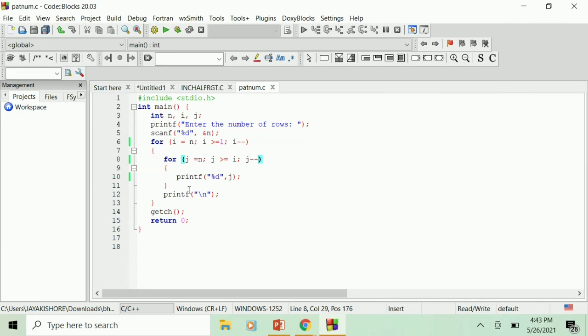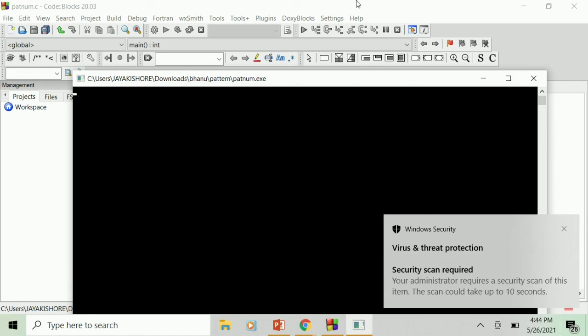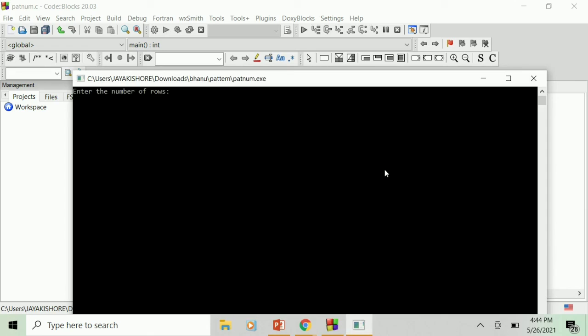Now let us modify the variable here. If we modify the variable j to I, it will give a different value. It is going to print a different pattern. So now it is going to execute